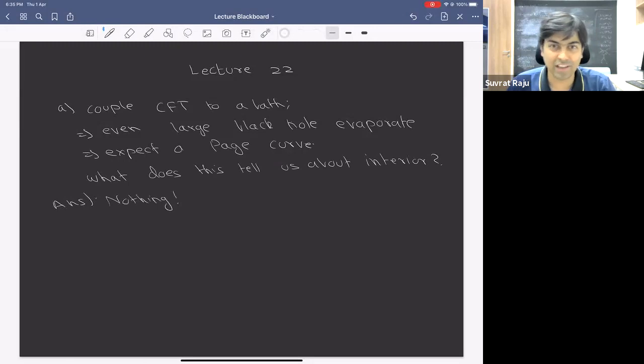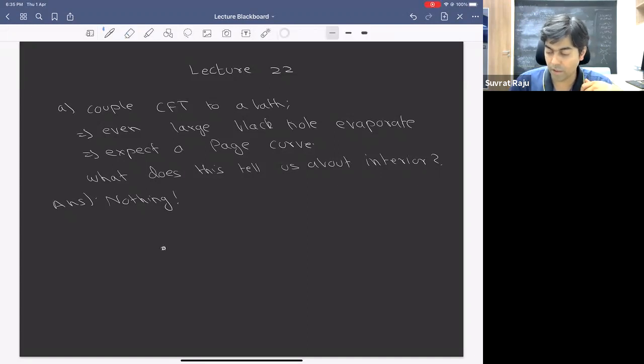Okay. The fact that you see a Page curve on the boundary tells us nothing about whether the interior is smooth, or whether it has a firewall, or whether it has something else. This perhaps goes to emphasize something that we said several times in these lectures, that this Page curve, if you really want to think about it precisely, there are many words that go along with it about some information traveling from inside to outside, and we are collecting the Hawking radiation and so on. But really, the precise description, which also holds for the setup we have here, is that you should think of